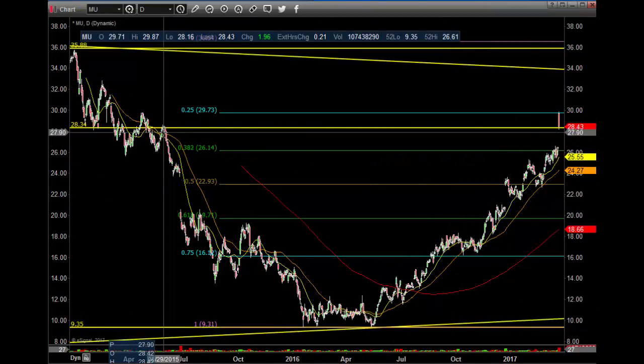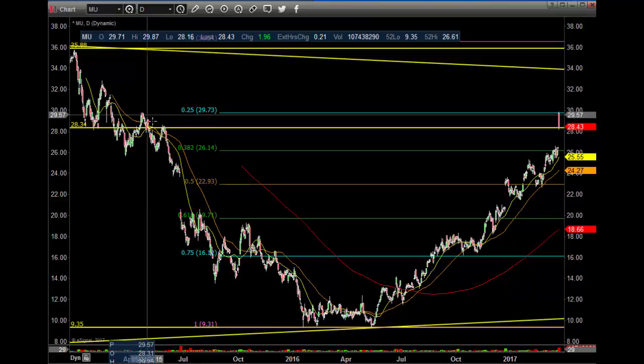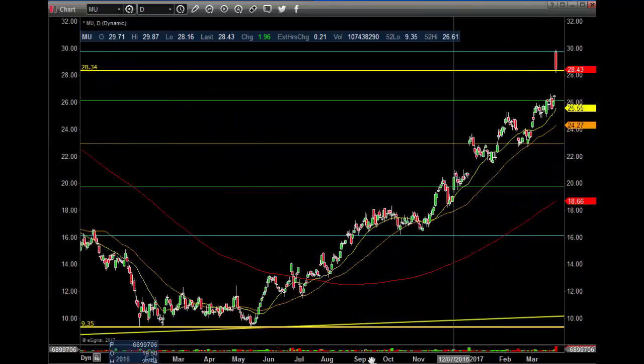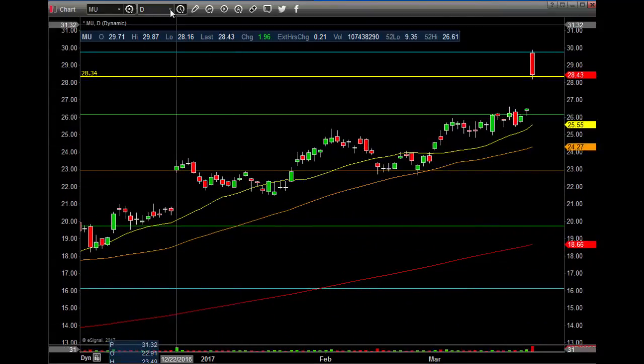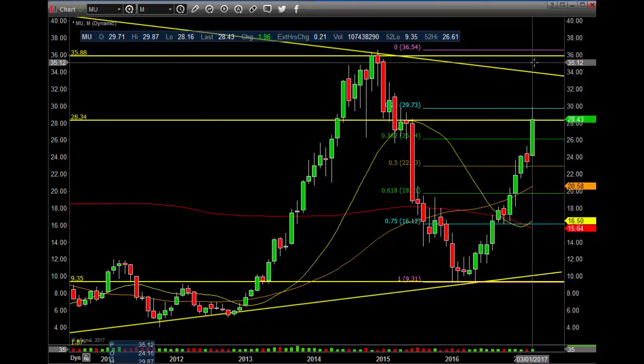So this, which was once resistance that it went through to get to up here to this resistance, then pulled back real quick and came right back and rested on top of support now. So that's why that stopped there. If the markets were to sell off, this will go lower. Let's go back to the bigger time frame, which is the monthly. So basically, if the markets go up, this should continue up into here. If the markets go down, starting to sell off next week, then expect this thing maybe a little bit more